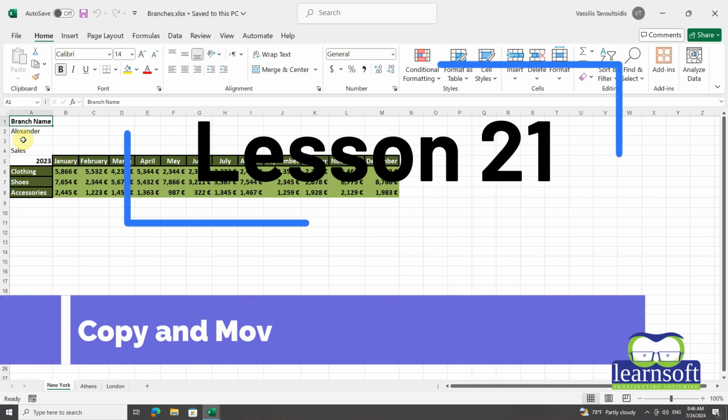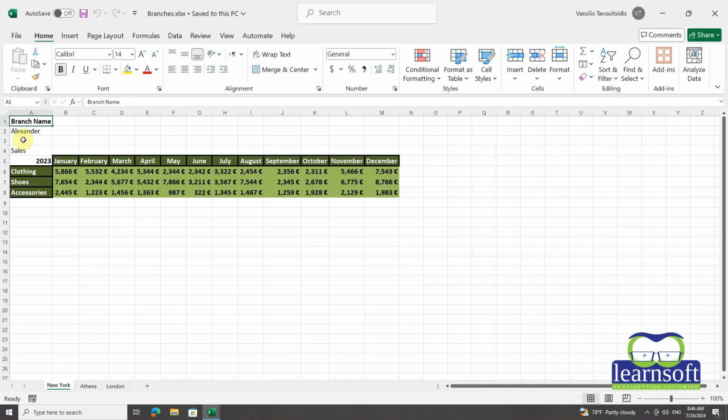In this lesson, I will show you how you can copy or move cells from one area to another inside the same worksheet, to different worksheets, and even to different workbooks. The process is no different from what you may already know from any Windows application such as Word, or even the way you can copy or move files and folders. It's the well-known process of copy and paste when you want to copy something, or cut and paste when you want to move something. There are some details here in Excel you should be aware of, but let's see all